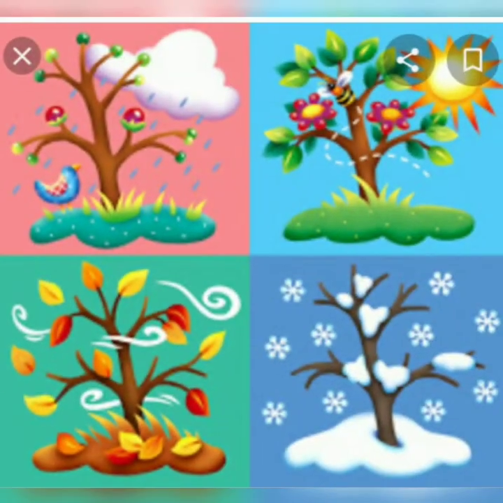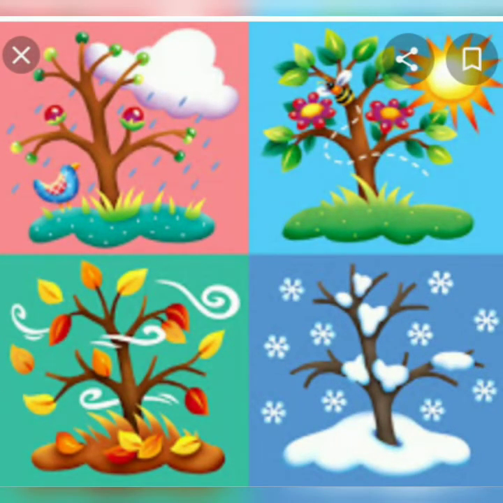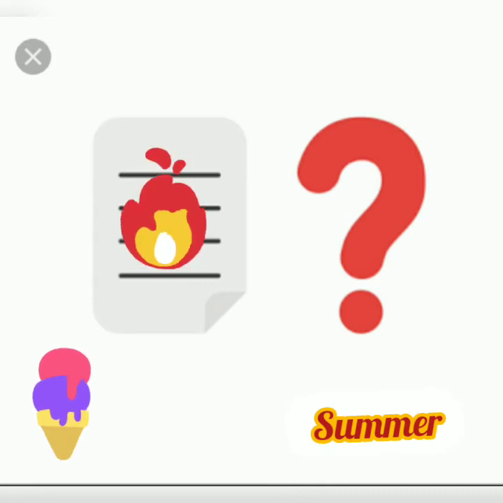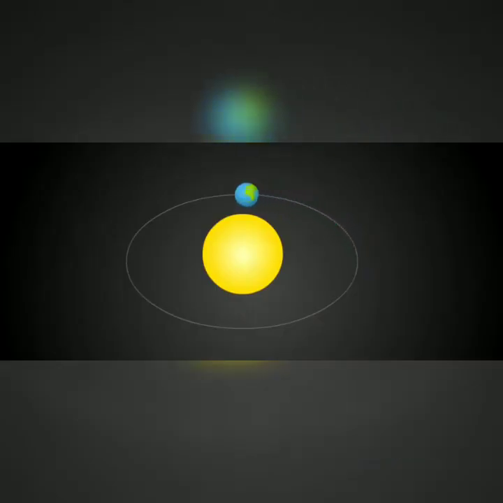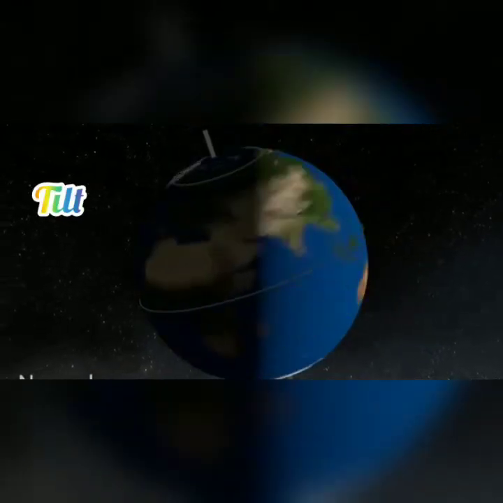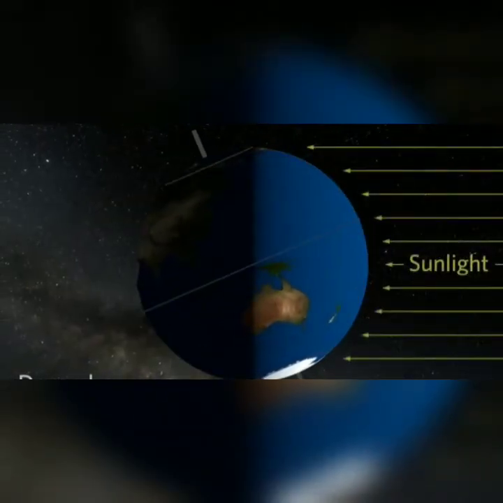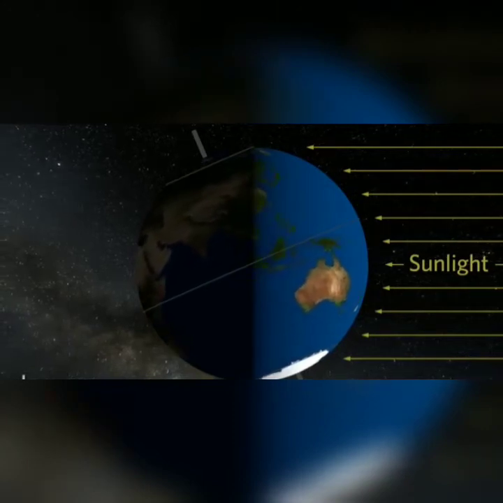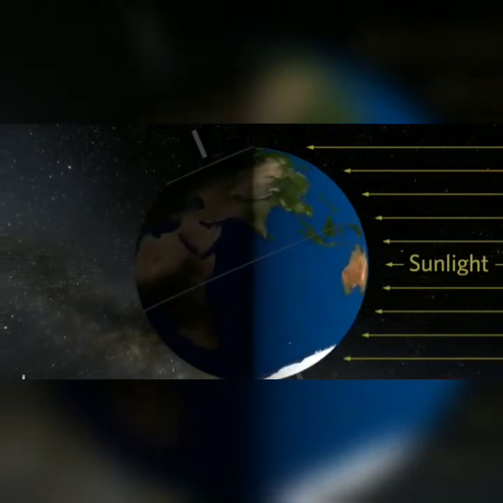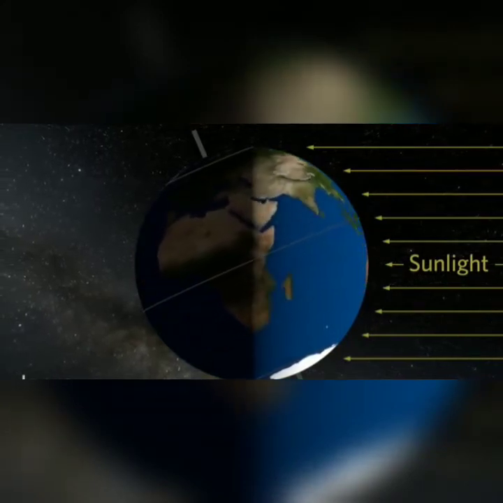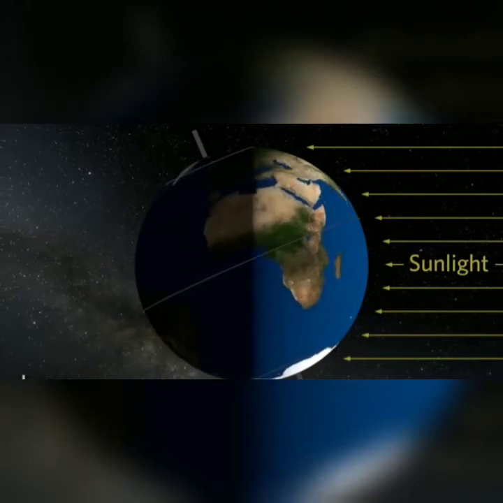Children, you all are aware about different seasons. Can you tell me which season is going on now? Yes, the summer season. Do you know how the seasons are caused? They are caused because of the Earth's revolution around the Sun. One more important reason for the cause of the season is the tilt in the Earth's axis. Summer happens in the hemisphere tilted towards the sun, and winter happens in the hemisphere tilted away from the sun. During the year, the seasons change depending on the amount of sunlight reaching the earth as it revolves around the